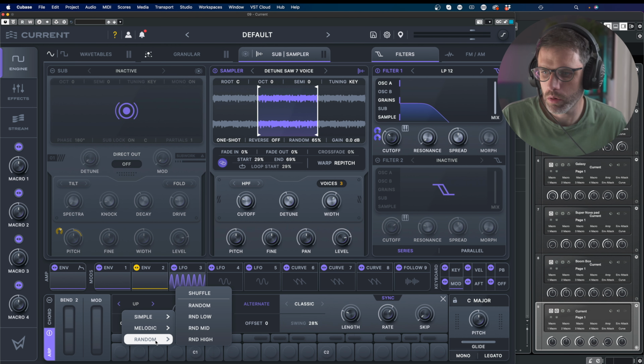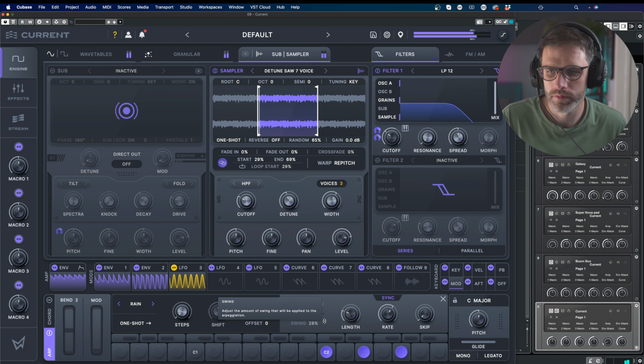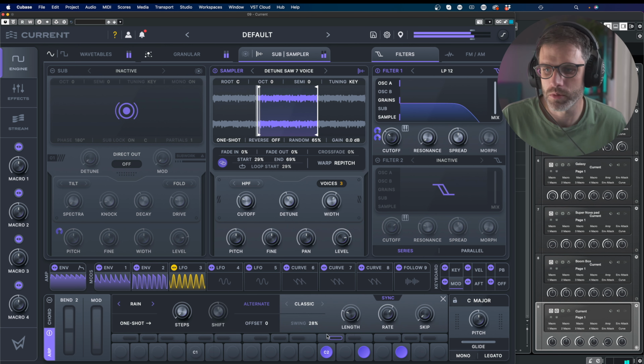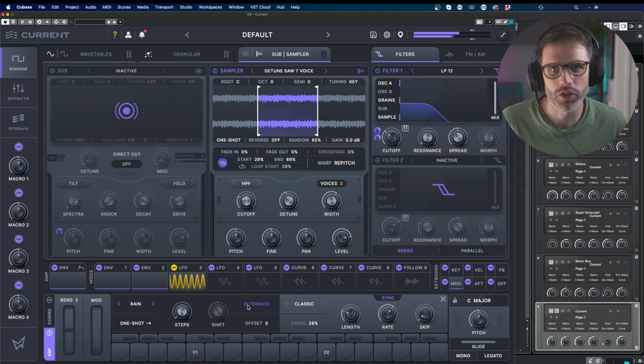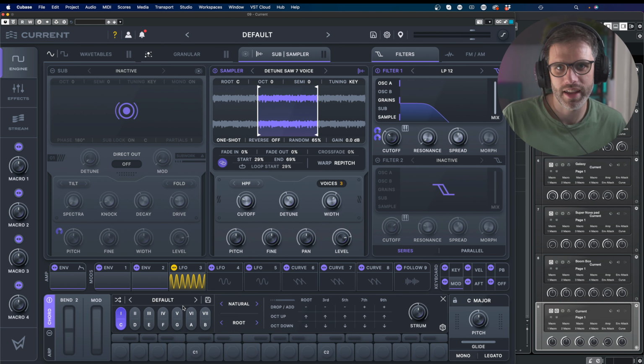And then we have some melodic ones and we have some random ones. So let's choose rain. It's quite a nice one. And we've got some nice controls there. So that's the arpeggiator. I don't want to focus on that too much, but where it's at is in the